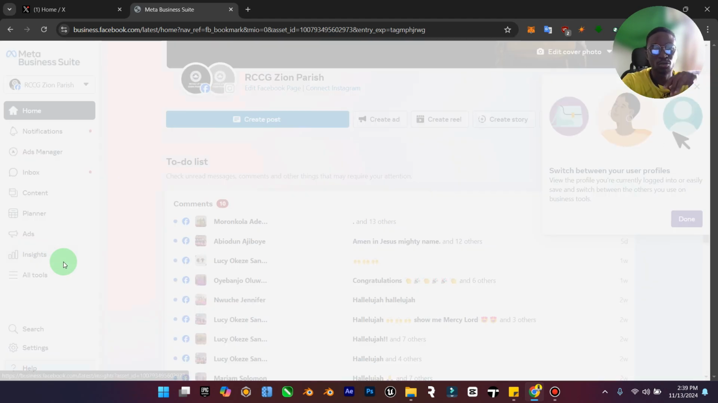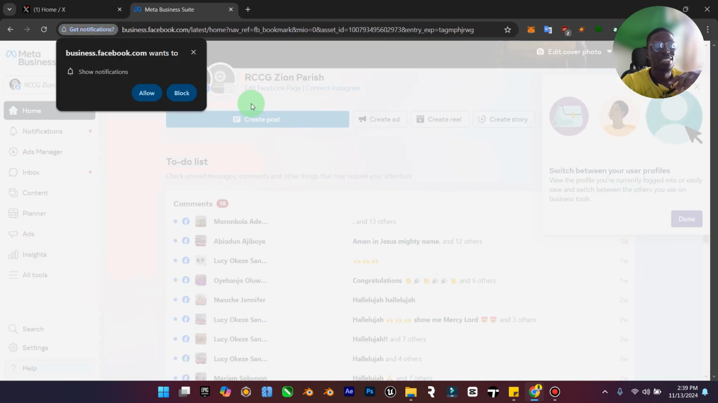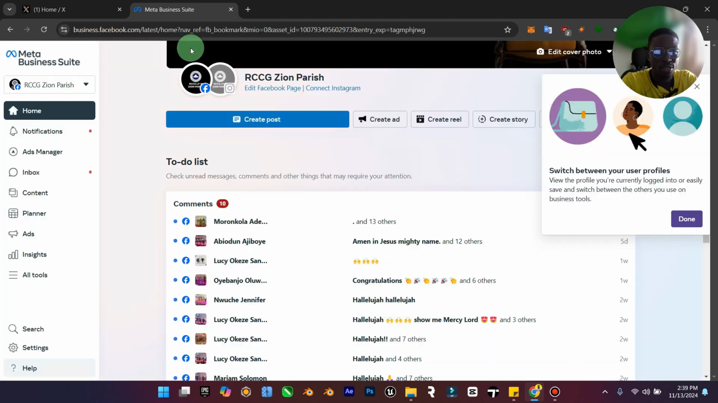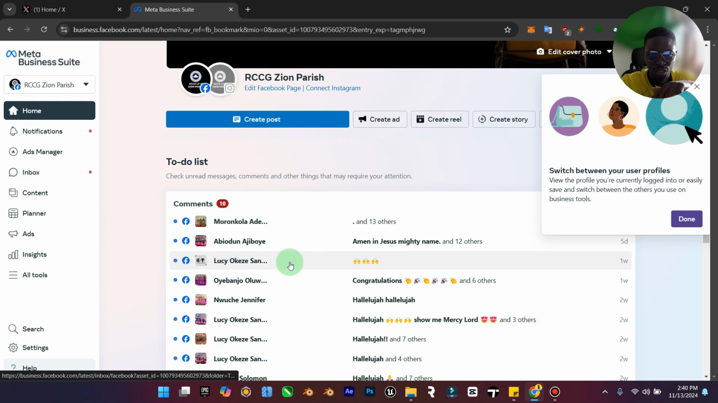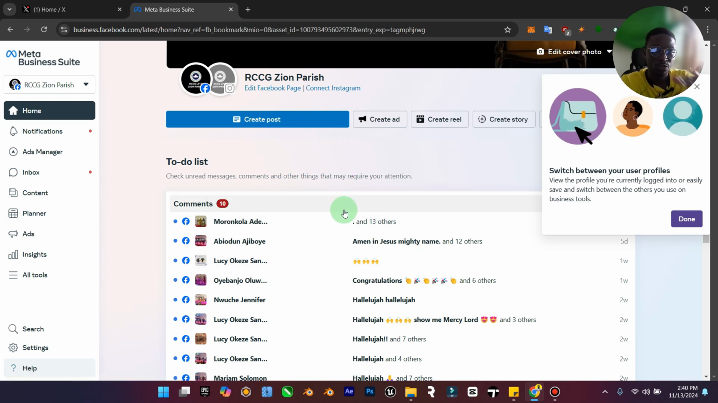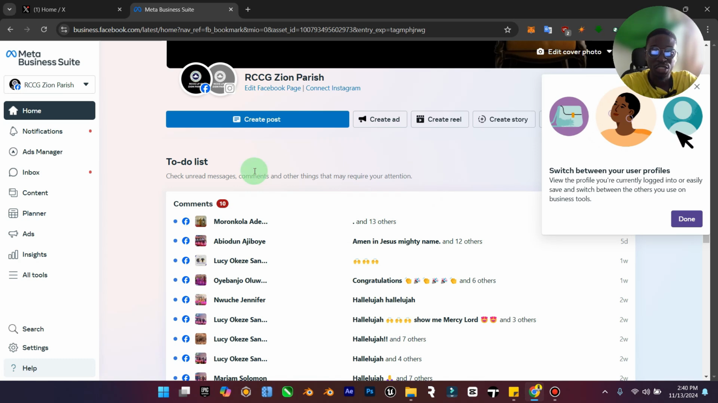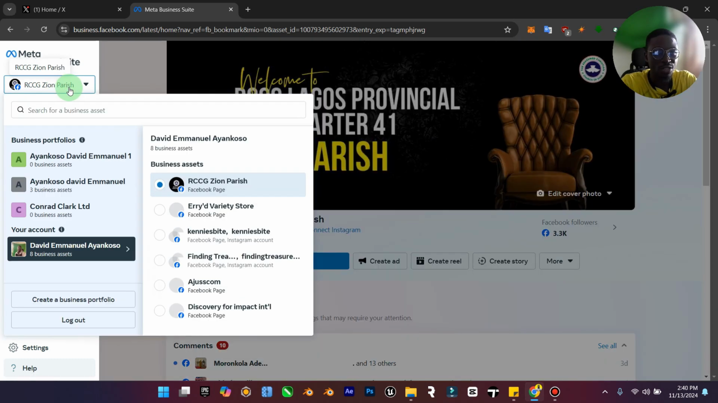Now this is where you're going to see, it's more or less like a platform that shows you everything about your account and also the accounts you manage, right? So let me just cancel this. At the moment I manage the accounts of my church, and you'll be able to get your notifications. You can respond to messages and stuff like that. But that's not what we are here for. So I'm going to just choose